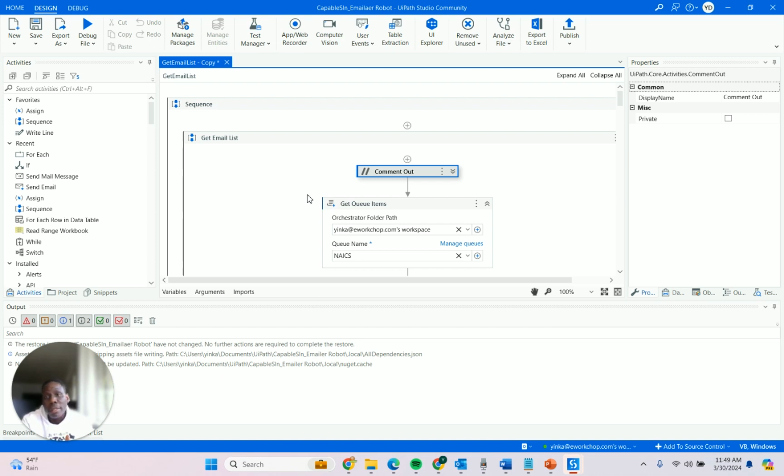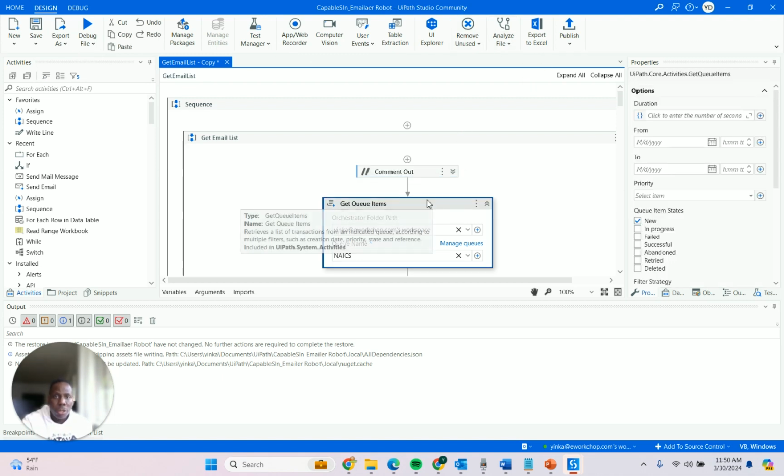Now imagine if I had 100 other robots like this on this computer. I'd have to press each of them one by one whenever I need them. Press play, wait for it to run and finish. When it's done, I'll press the next one, and so on and so forth, which is not pragmatic. It's not practical, right? And that's kind of where the orchestrator comes in. Now, we're going to talk a lot more about this in the future, but the idea is that this robot remains on my desktop, only usable on my desktop, unless I hit this publish button right here,